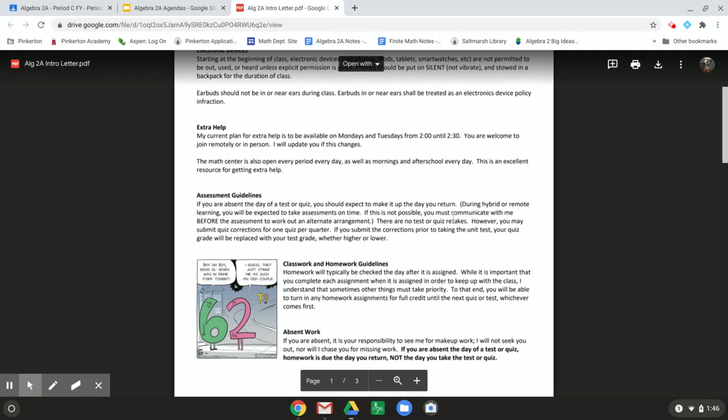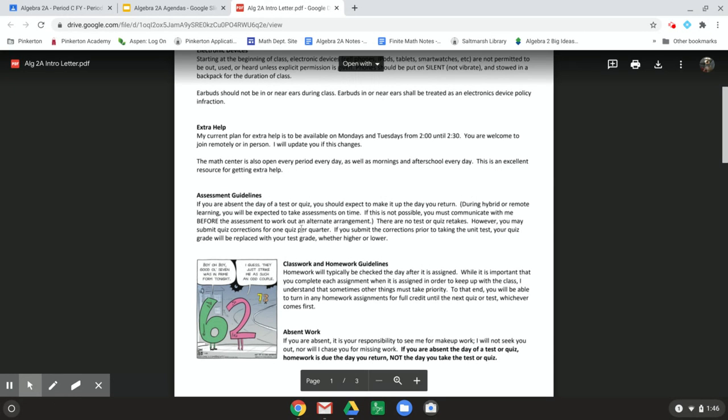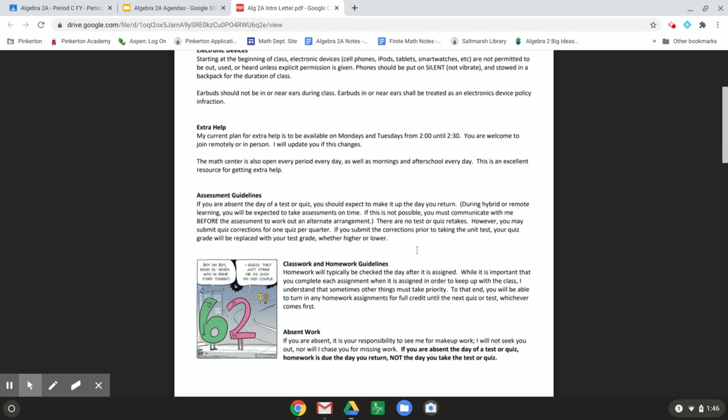Note that there are no test or quiz retakes. However, you may submit quiz corrections once per quarter. I call them quiz corrections. They're not really, I don't really have a better word for it. We will talk more about what that looks like when we get to your first quiz. But essentially, you're going to do this quiz correction like activity. And if you turn those in before you take the test for that unit, then your test grade will replace